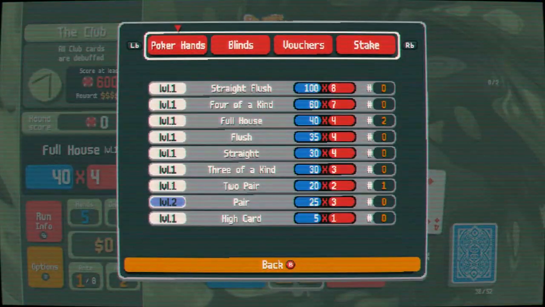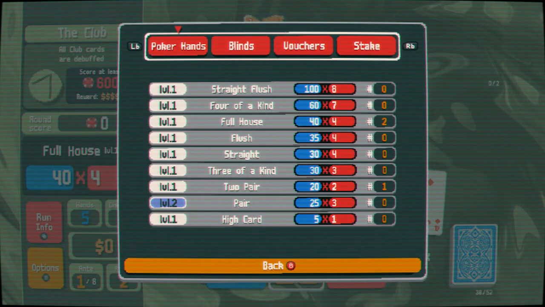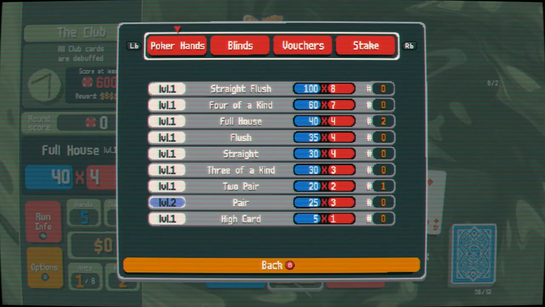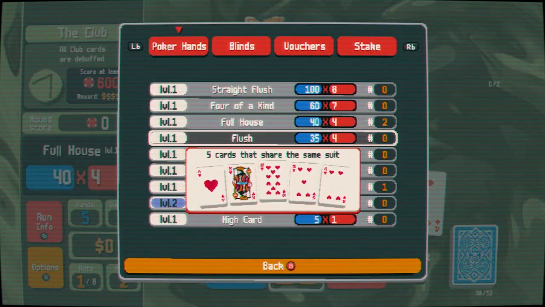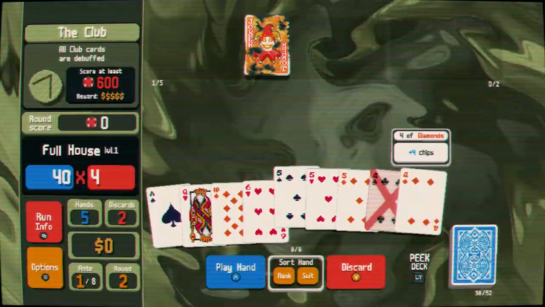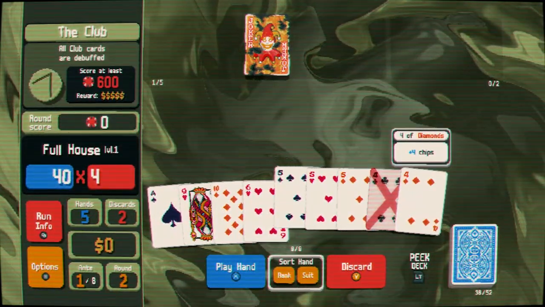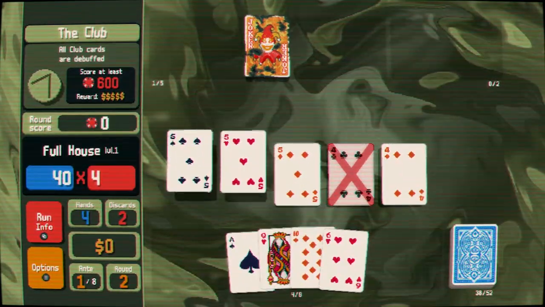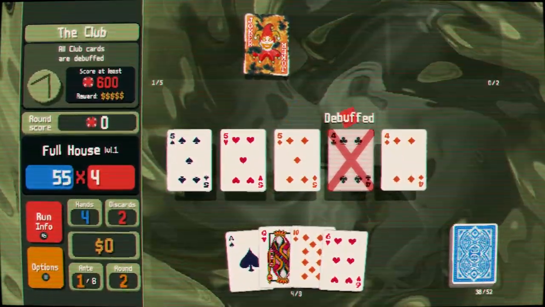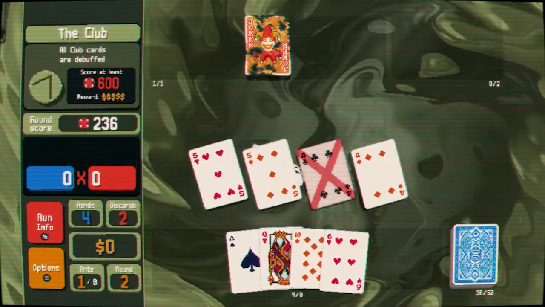If you want to check how much your multipliers are at any point, you just go back to the run info. It's not like the pair will give us anything more than the full house. There have been times where a higher ranked hand at a lower level gives less than a lower ranked hand, as I was trying to form it. It's very interesting, but that's the case. 236,